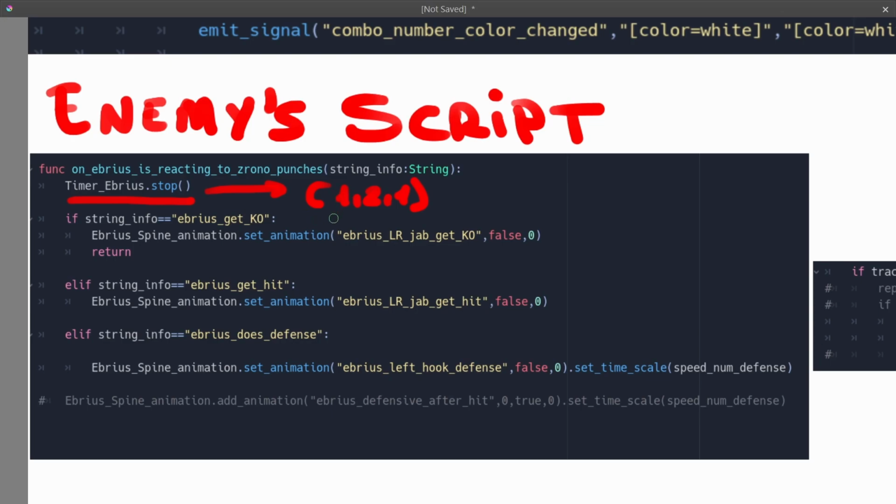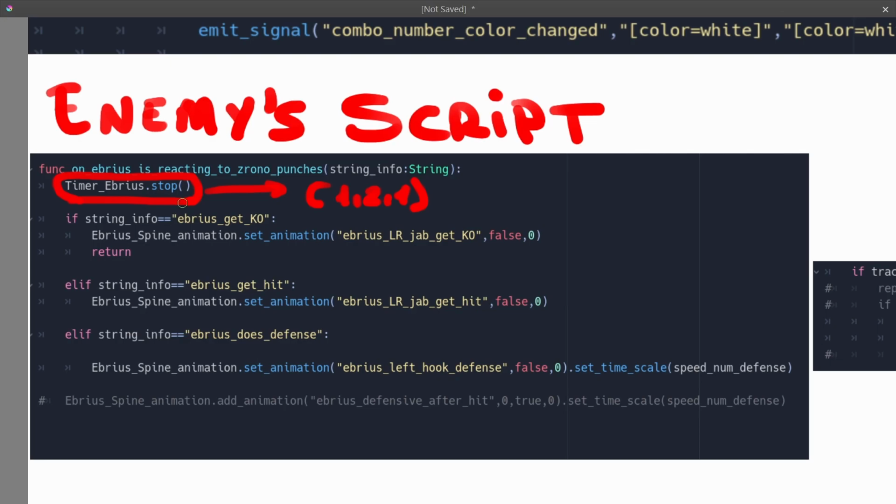So in here, the enemy will do a left jab, right jab, left jab, okay? And we need that time to choose. Each time the timer stops, it chooses a combination of punches, okay? But because we are interacting with the player, in that moment we don't want the timer to run,